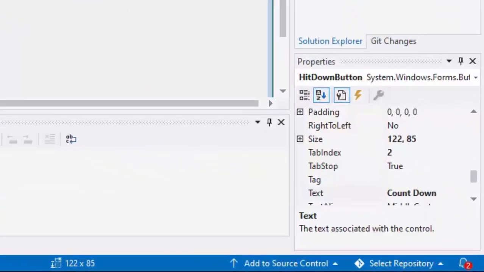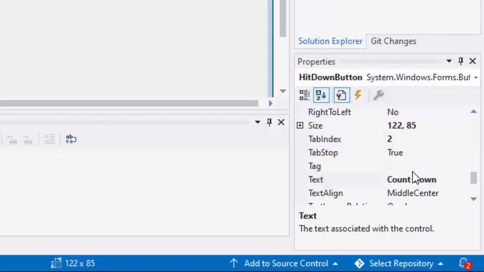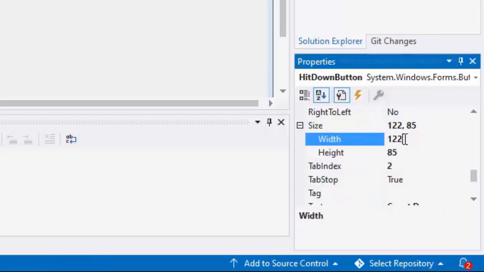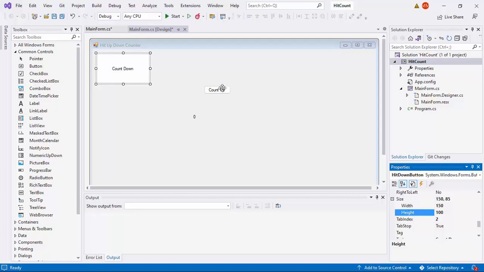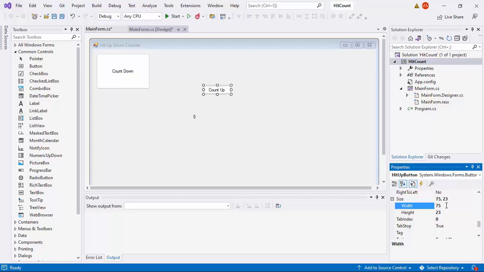And then let us copy the size. It should be under size. Let us snap to a proper round number. Let's say the width is 150, the height is 100, and we do the same to the count up button: 150 and 100.